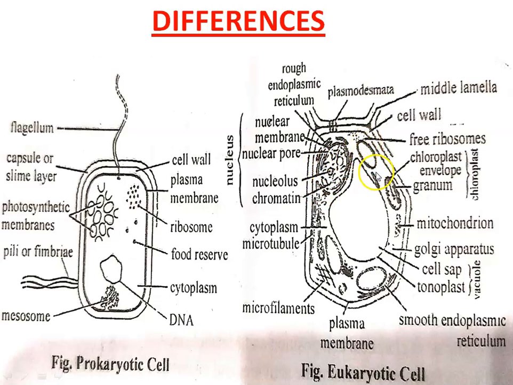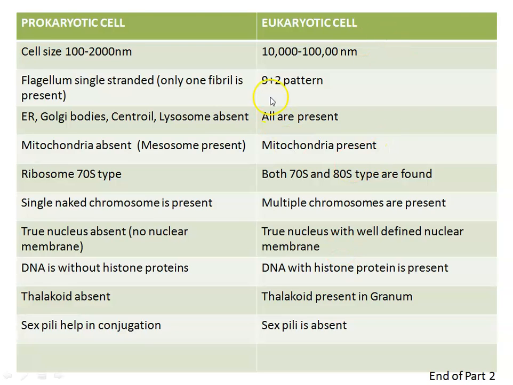Then all the other cell organelles are covered by a well defined membrane. It has the presence of mitochondria, Golgi apparatus, and endoplasmic reticulum. So these are the things which are found in a eukaryotic cell. We will be studying each and every cell organelle in detail in the later videos. So once you are done with the pictographic way, you come to the table, and in the table you need to explain the difference between a prokaryotic cell